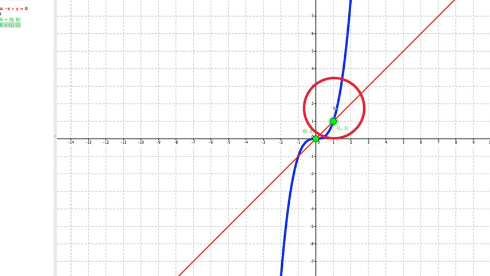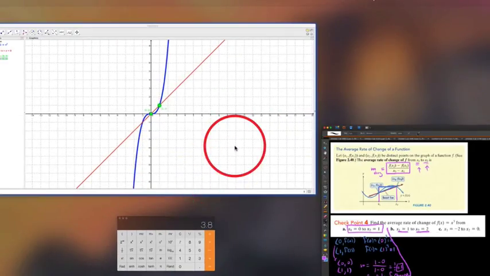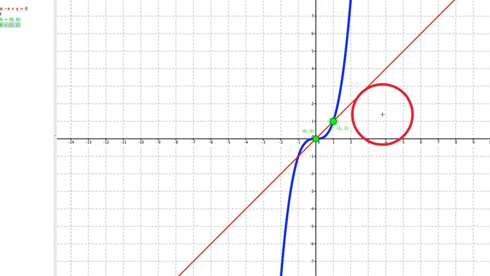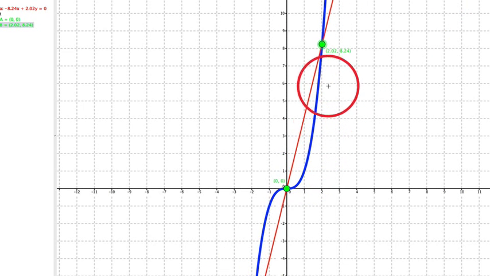So you can see that the slope of this red line here is clearly 1. Okay. When we look at this next example, I actually want to start with the graph of it. We say between x equals 1 and x equals 2. So the way this is going to be different is that I'm going to need to slide this point out here to (2, 8) is what we get